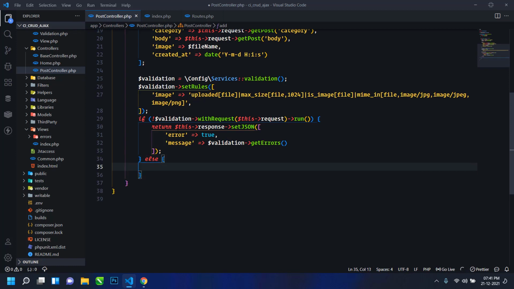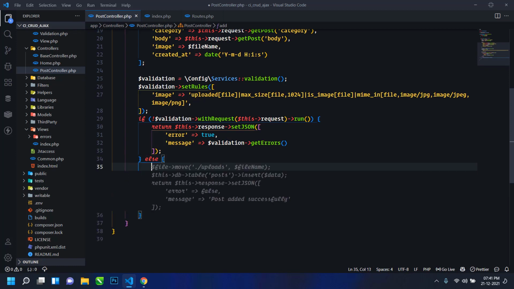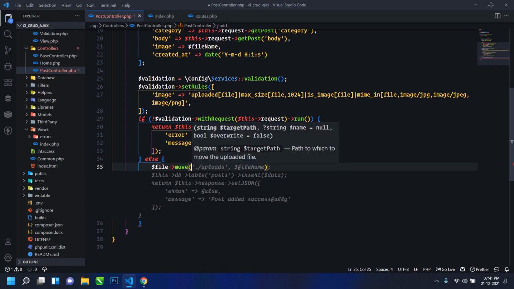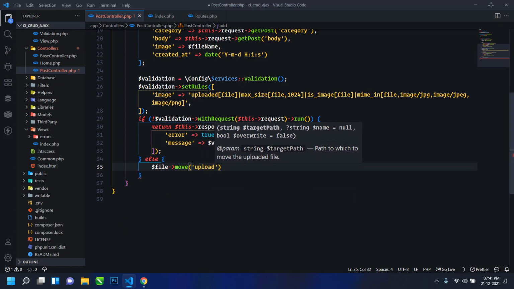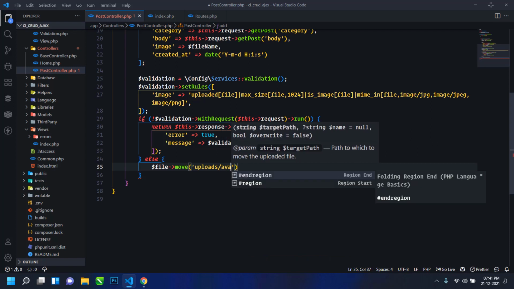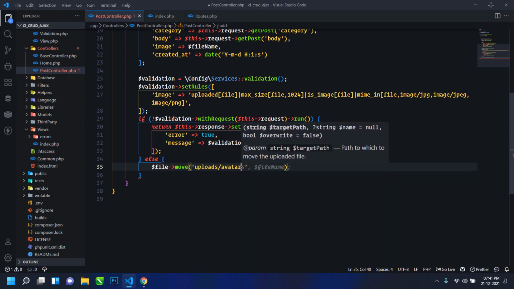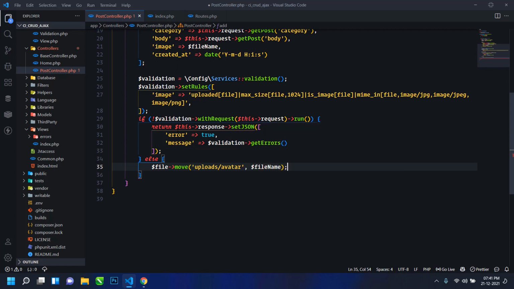Now if validation passes, then in the else condition first I will use file, and then I will move the file to the public uploads directory. So here I will write uploads, and then I will also move to the avatar directory, and then the file name.